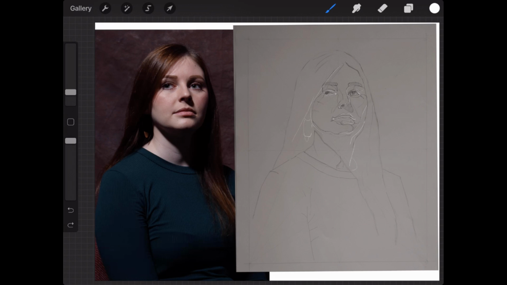Because prints tend to print out a little darker anyway. And they tend to be a little more biased towards either blowing out the lights or completely losing information in the shadows. That's one of the limitations of working from photography: if you were working from life, you could see into those shadows because your pupils open up naturally so you can see more information in the shadow. And when you're looking at the light, your pupils shrink so you can see more information in the light, and we don't have that benefit with photographs. So while it captures some detail, it always tends to lose some in some area.